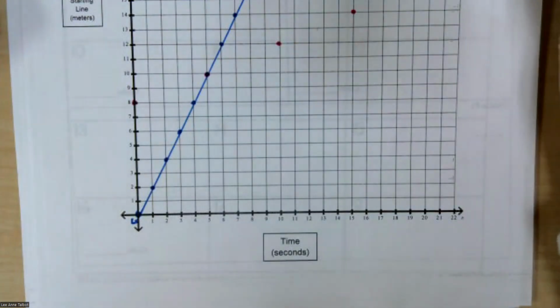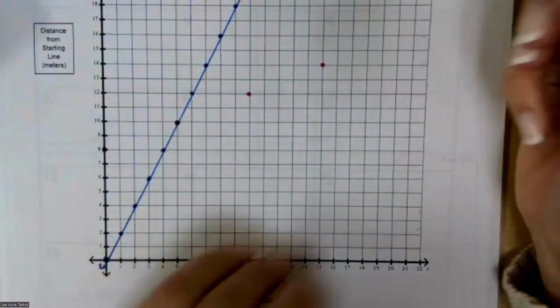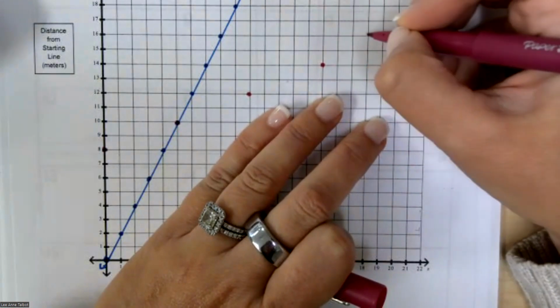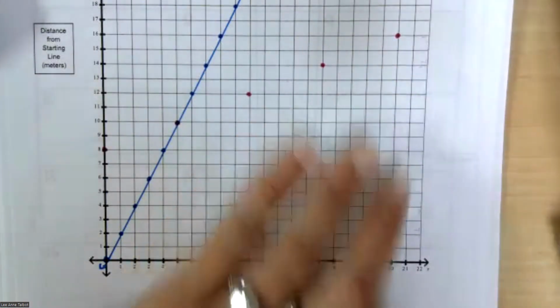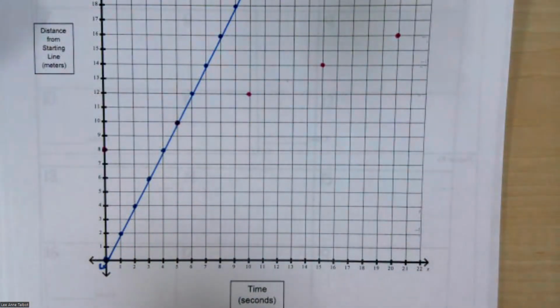What do you think about Kristen's speed compared to Leslie's speed? Slower. Yeah, quite a bit slower. But she got the huge head start. I don't know how much that helped her, but